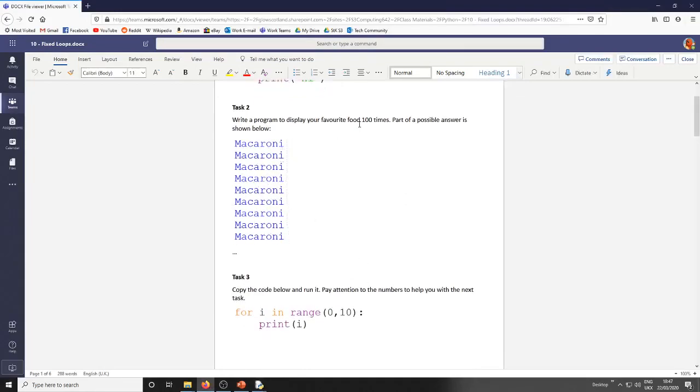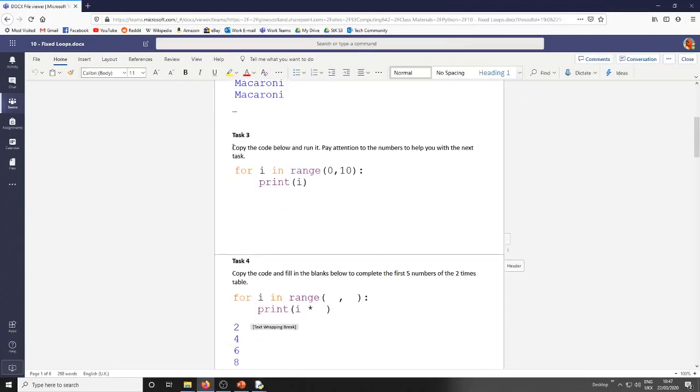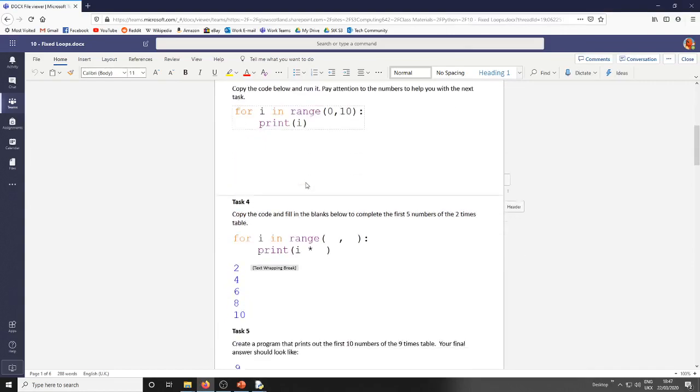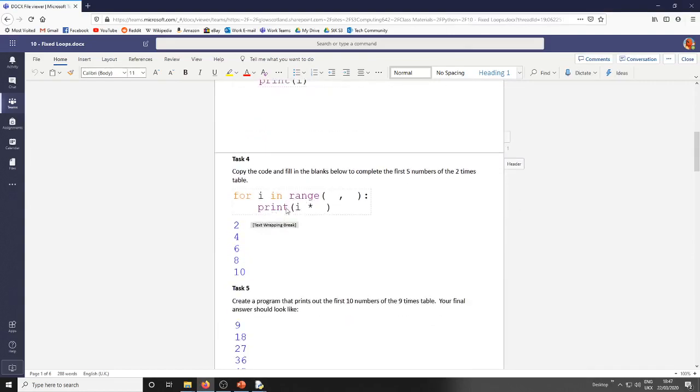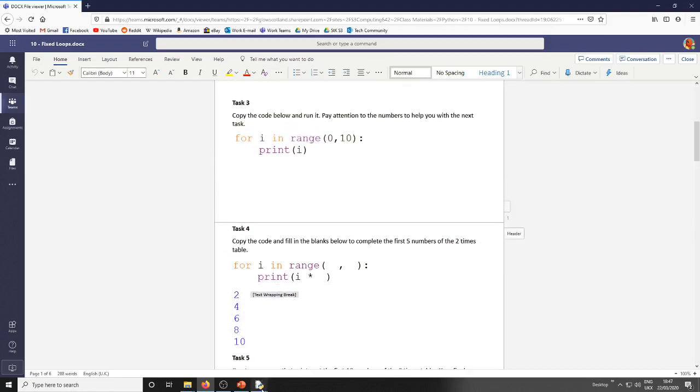Print out food 100 times. You should be able to figure that out pretty easily. This one is to get your numbers. These ones you have to fill in the blanks. So how do you get your 2 times table, the first 5 numbers of the 2 times table? So using what we just looked at,